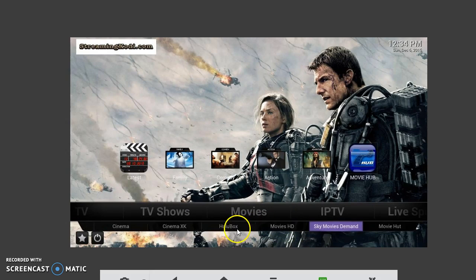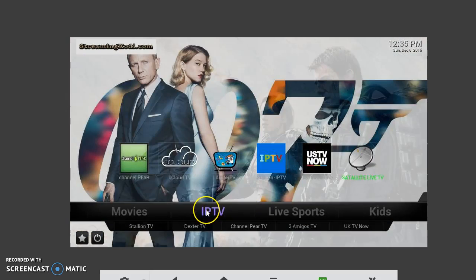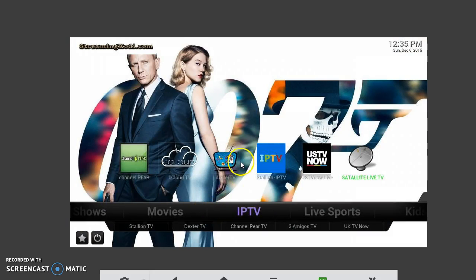Underneath here, when you go to all these different headings, whether it's movies, TV shows, or whatever, there are two different tiers of applications you can click on: the icons up at the top, and then the links underneath. So right now we have 1, 2, 3, 4, 5 different links underneath that you can go to, and we have 6 different links above. These are just all different things that will provide live TV content, and you just click on one,